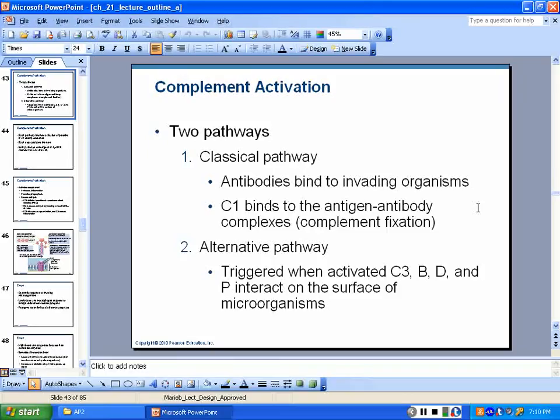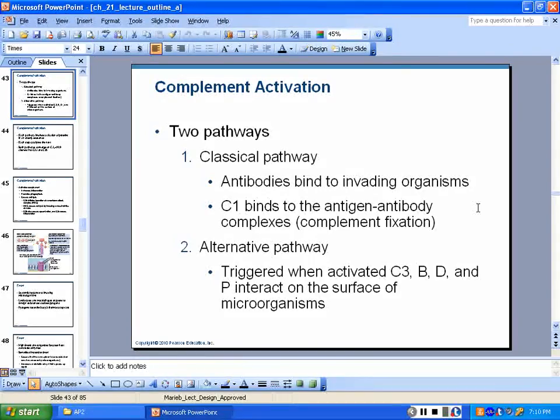When complement proteins, and I'm going to make it simple, when there's the presence of a microorganism and complement proteins interact with that, it stimulates the activation of the complement cascade, which means one complement becomes activated, it activates another, and another, and another, and another. So I'll say it again. Just simply the presence of a microorganism, so bacteria, that happens to be in there, that complement binds with or attaches to,